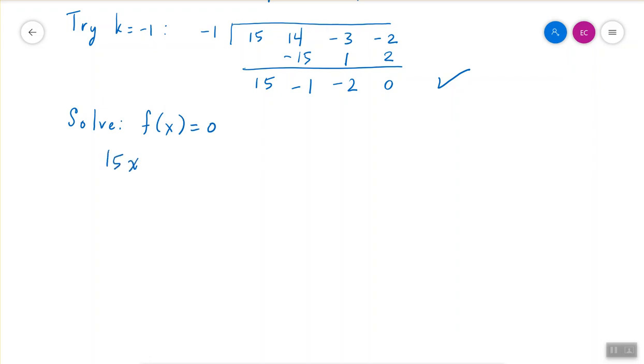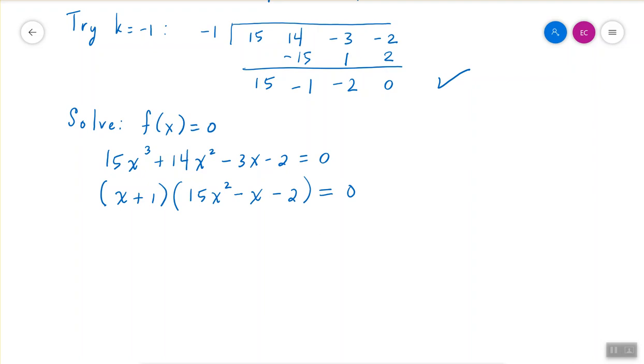The function was 15x cubed plus 14x squared minus 3x minus 2 equals 0. And the division algorithm says that we can factor that as x minus k, x minus -1 or x plus 1, times the quotient. The quotient is 15x squared